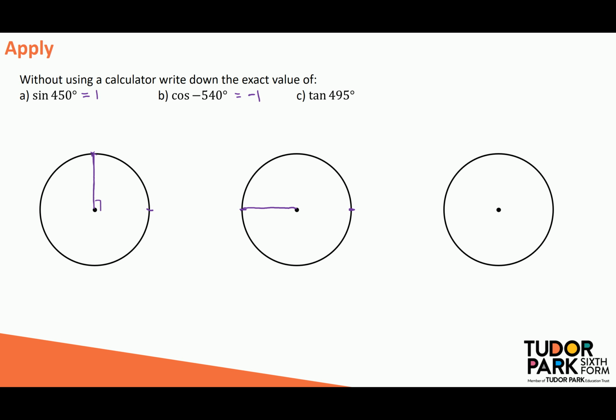Let's now look at tan of 495. So again, I start from 0. This time I'm measuring anti-clockwise. So we go round through 360 degrees, and then I'm going to need to go round through a further 135 degrees. So I'd get to this point here, 135. Now, I know that the acute angle here is going to be 45 because angles on a straight line sum to 180. If this is 45 degrees, what I've got here is a nice little